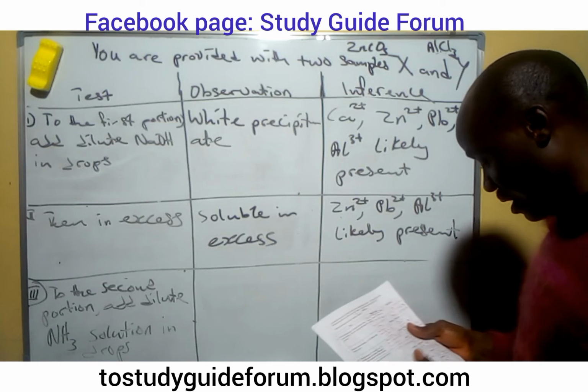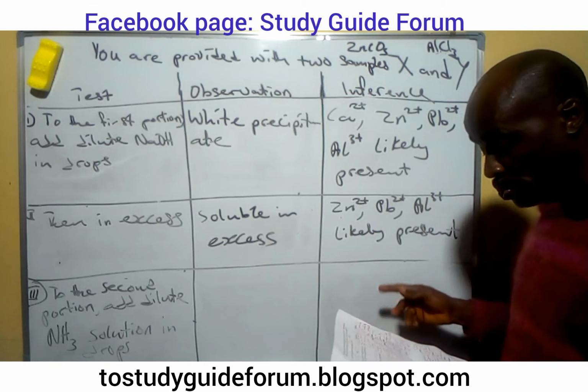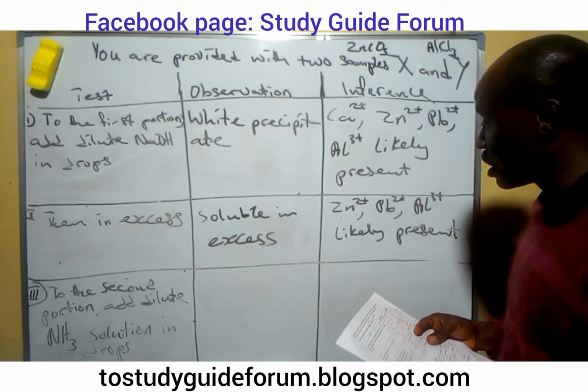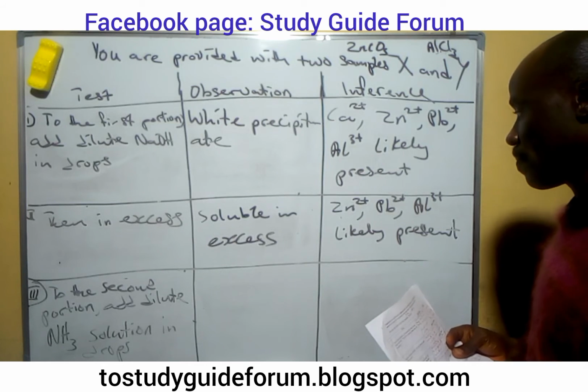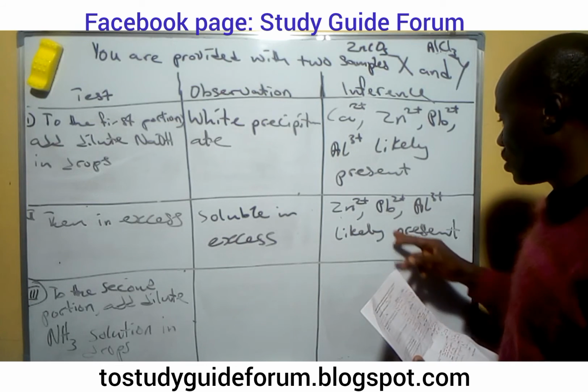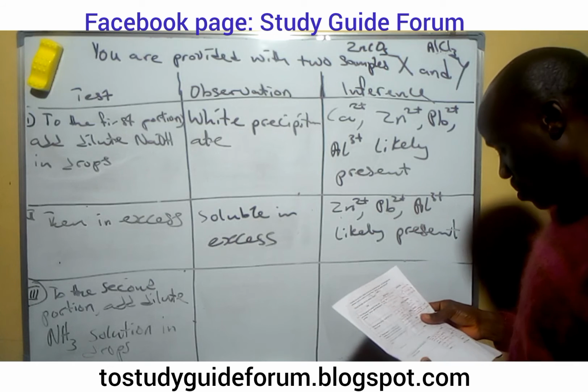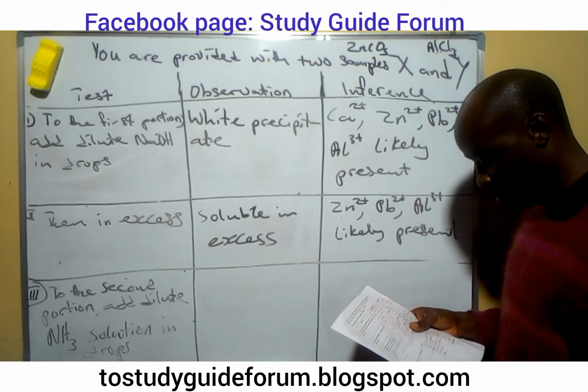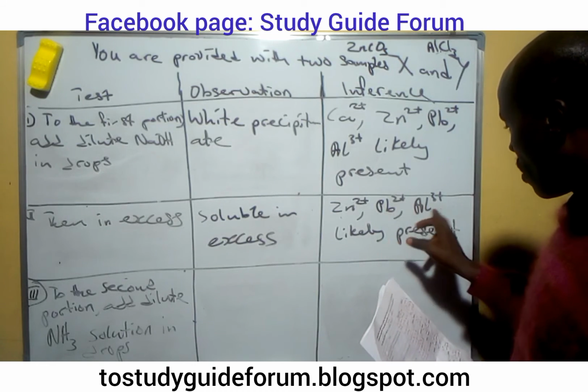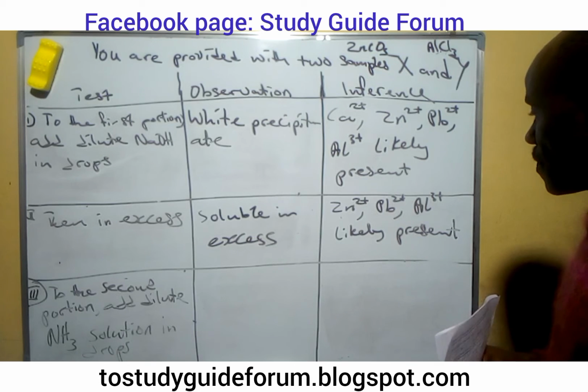is there, what we notice is that the zinc will be soluble in excess, while the other one will remain. So in order to